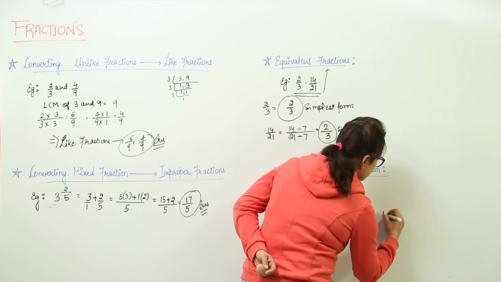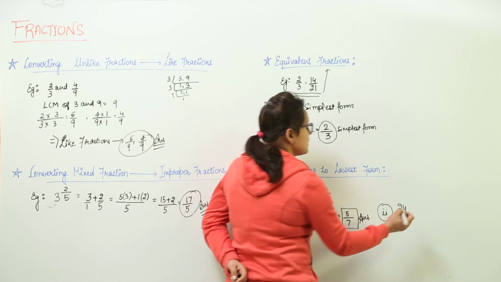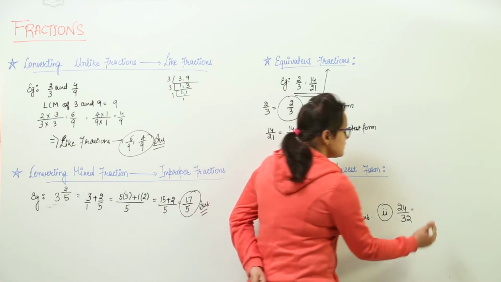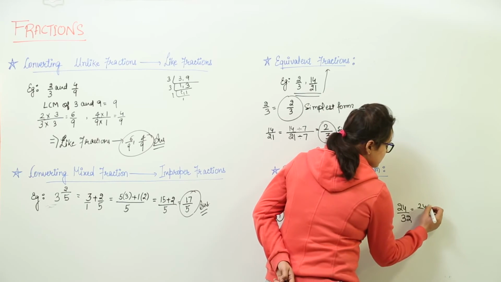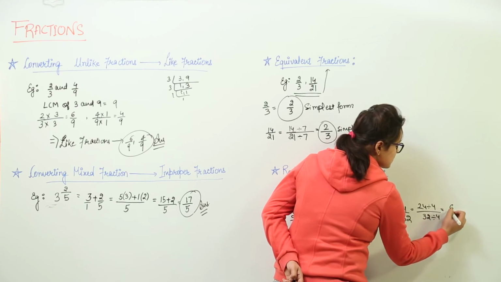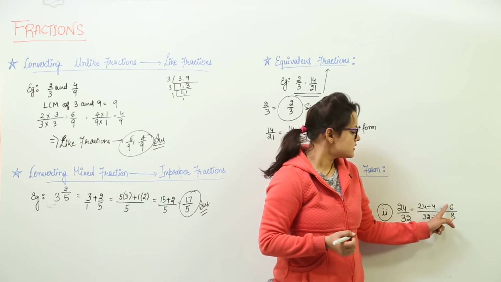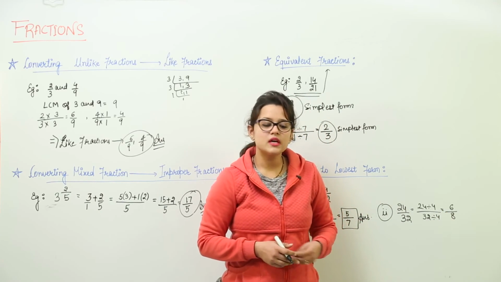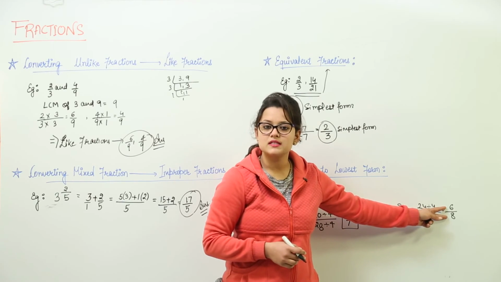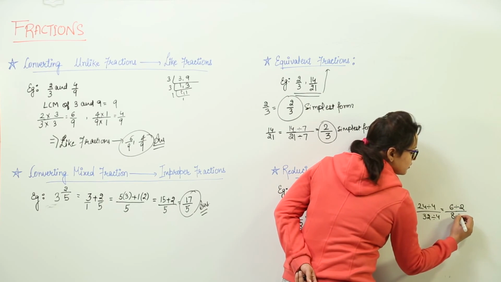Similarly, the last one is also going to be done the same way, that is 24 upon 32. Let us think of a number or a factor that is common to both, and that is 4. So we can divide 24 by 4 and divide 32 also by 4. What do we get? 4 6s are 24 and 4 8s are 32. Now you can see over here 6 upon 8. Do the numerator and denominator have any factor common to both other than 1? Yes, they still do, and that is 2 for both. So we divide them both by 2.